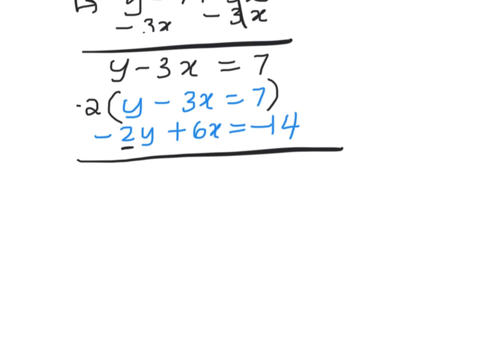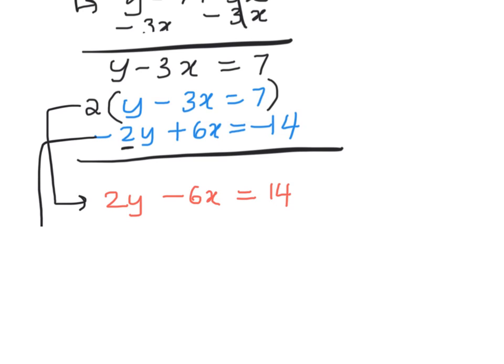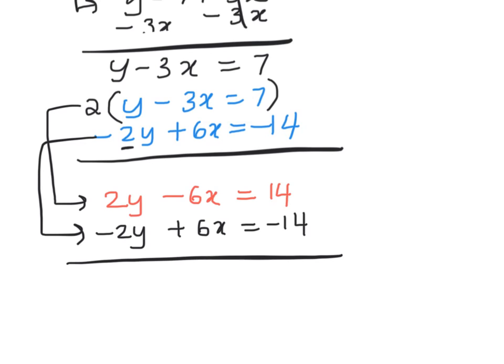When I multiply the whole equation with 2, I would have, I'm going to rewrite this equation here. I would write it in red. I would have 2y minus 6x is equal to 14. And the other equation in black, which is this one, negative 2y plus 6x is equal to negative 14. When I add them, everything cancels out. I have 0 is equal to 0. When you have a true statement like